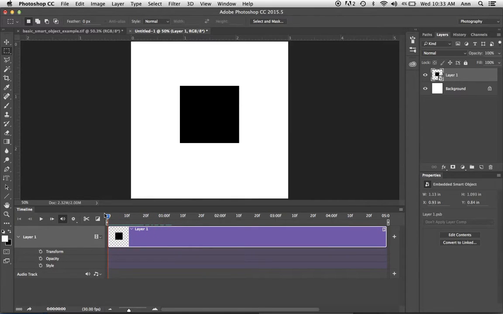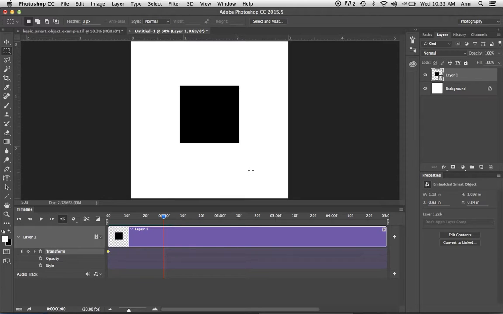So I'm going to bring it back to the first point, and we're going to just click the transform. That's going to set what we call a keyframe, which means that at that point, that's where the square is going to be. Now I'm going to be doing these at even intervals, which means the movement will have a very smooth quality to it.